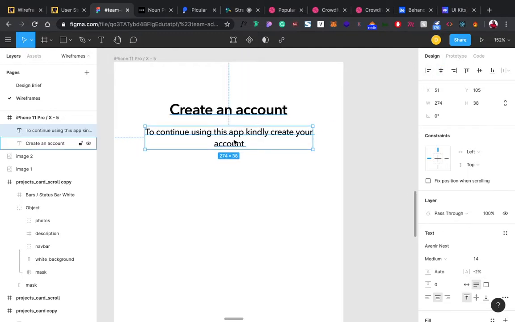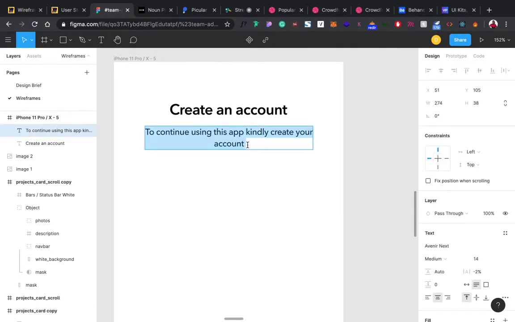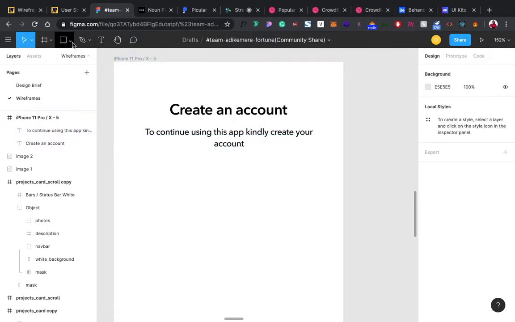All right, so create an account. Continue using this app. Kindly create your account. I also want them to know that they can add their community when they log in. I think I'll put that down, not here now. All right, to continue this app, kindly create your account. All right, next thing,